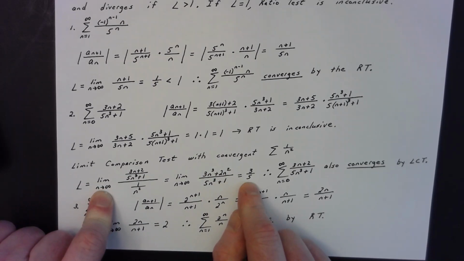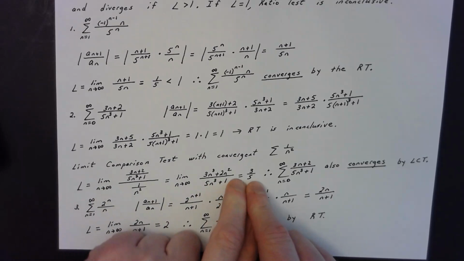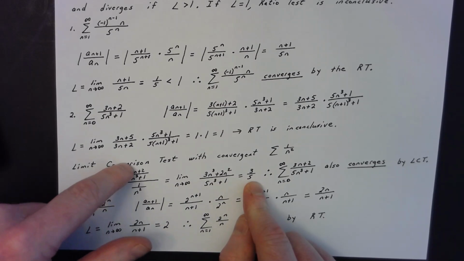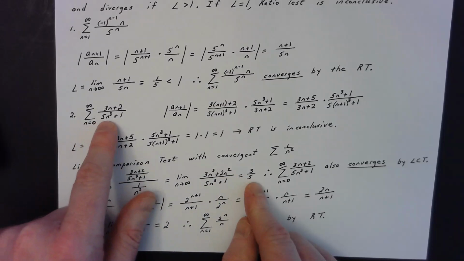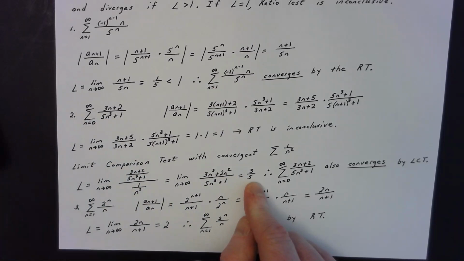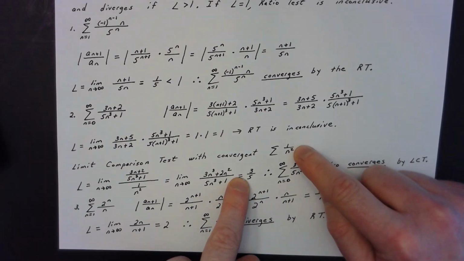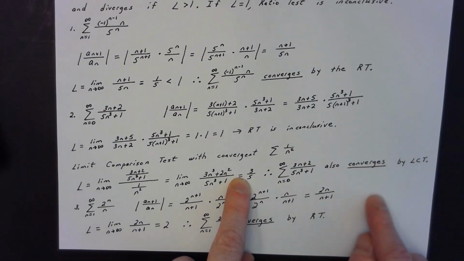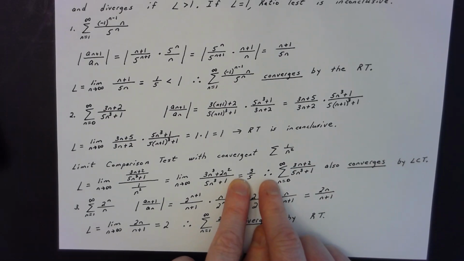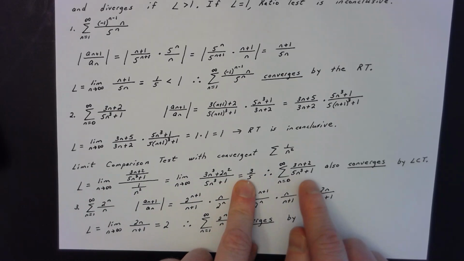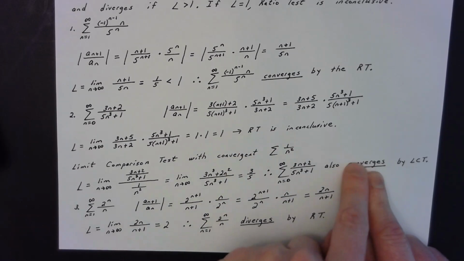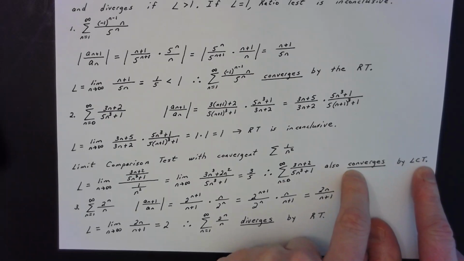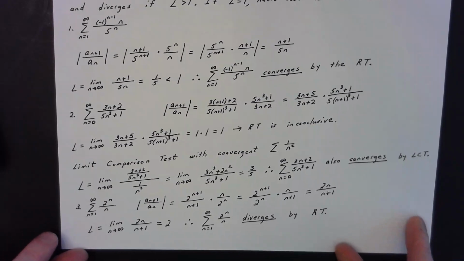Now remember, in the limit comparison test, anytime the limit is equal to any finite number, that's evidence that whatever happens to this series happens to this series. Well, this is 3/5, which means as n approaches infinity, our series is essentially 3/5 the size of a series that converges. Thus, our series must also converge, and that's what I say here. Since the limiting value is 3/5, therefore we know the series of interest also converges. Now, it does not converge by the ratio test, it converges by the limit comparison test. Gorgeous problem.